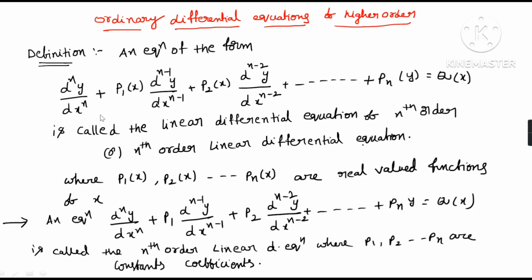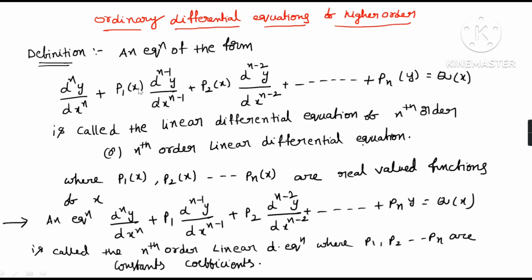An equation of the form d^n y by dx^n plus p1 of x into d^(n-1) y by dx^(n-1) plus p2 of x into d^(n-2) y by dx^(n-2) plus and so on plus pn of x into y equals q of x is called the linear differential equation of nth order. So, what do you mean by linear differential equation? It is already taught in first order linear differential equations. This is called the nth order linear differential equation,